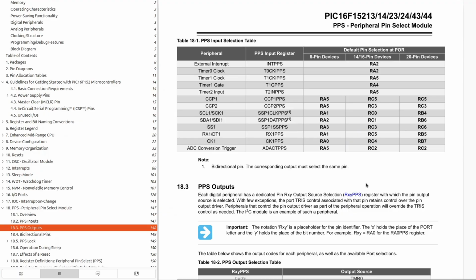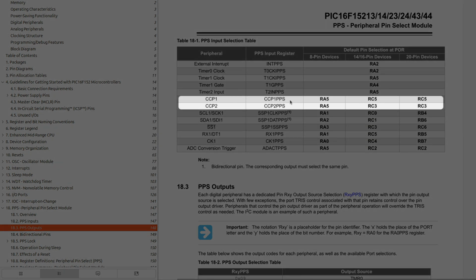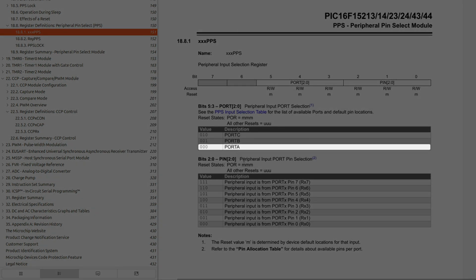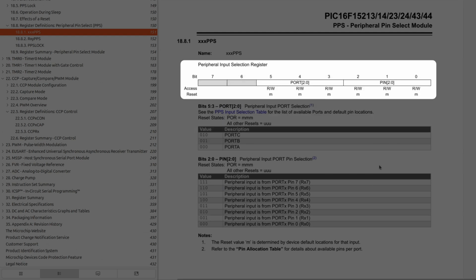In the previous episode, we went through this PPS, or Peripheral Port Select, capability of this particular microcontroller. Lots of microcontrollers have it, so we could use that capability to reassign the input pins for CCP1 and CCP2 to RA2. And we do that by simply writing the appropriate value to the CCP1 PPS register and the CCP2 PPS register. The value that we need to assign can be determined right here. We want both of those peripherals to point to port A, pin 2, which would result in a register value of